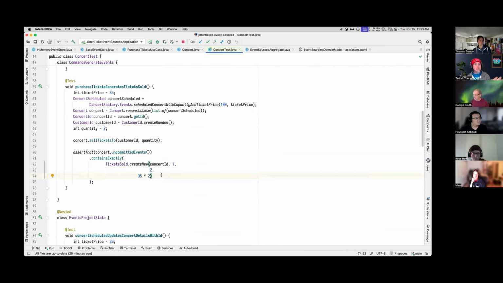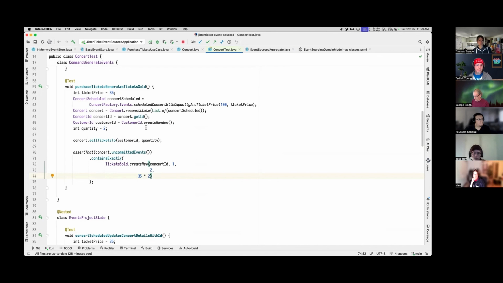Now, these tests are a little more verbose than I would like, and so one of the things I've been working on is creating a nicer DSL for this. Lends itself very much to it because there's a lot of noise in here when there's only a few things I care about, and so you can look at the